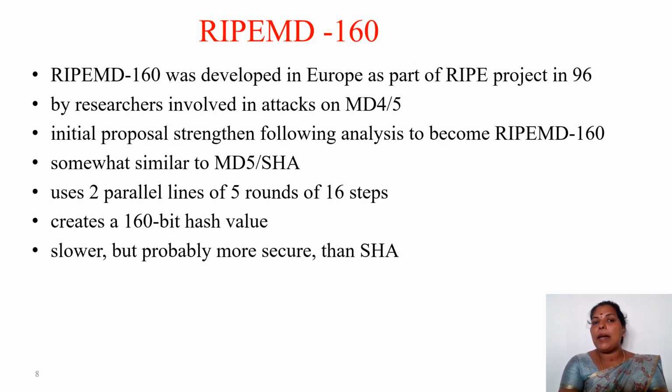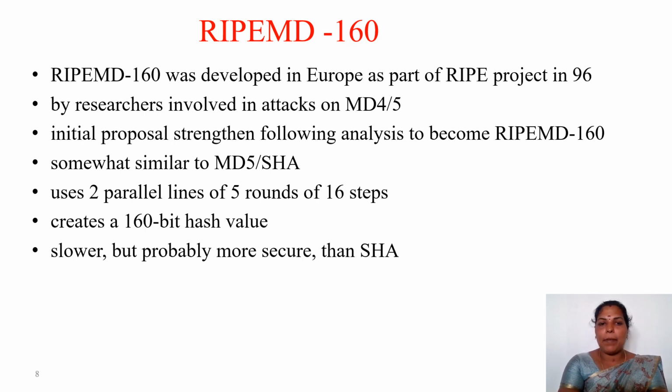RIPEMD-160 was developed in Europe as part of the RIPE project in 96. I already told you what the RIPE project is: the RACE Integrity Primitives Evaluation project. Many researchers were involved in the project. They made some attacks on MD4 and MD5 and found that there is some vulnerability in them. So in order to strengthen the message digest, they proposed another version of a message digest algorithm,